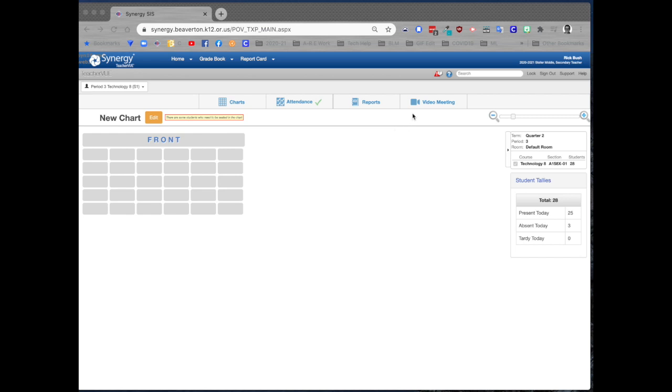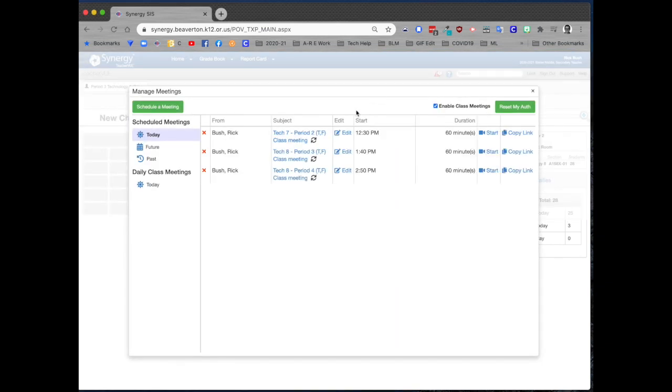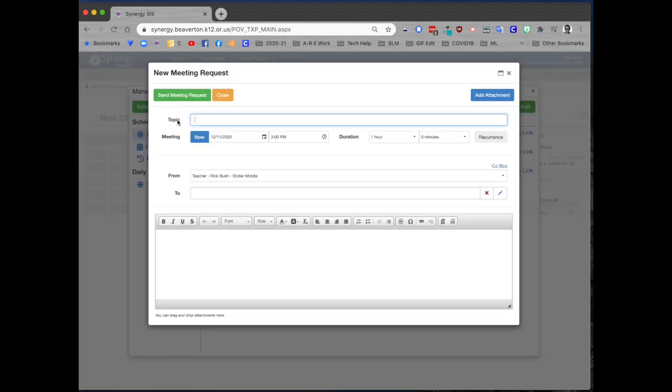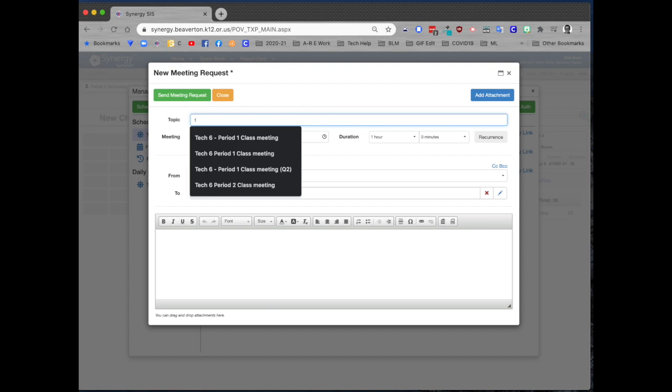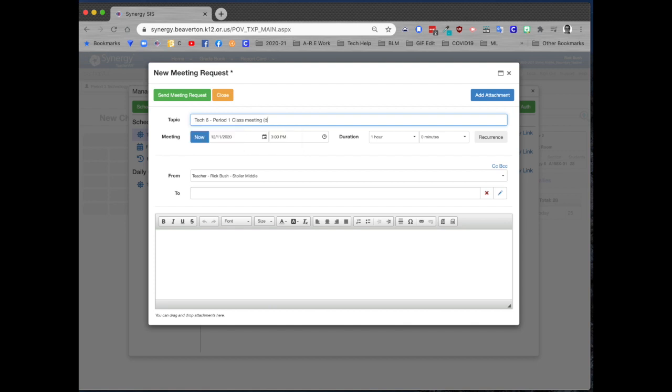So what you're going to do is log into your Synergy account, and then press video meeting. It's right here. Then click manage meetings and schedule a meeting. Just type in your class. I've already done this, so for my own purposes, I'm going to call it delete